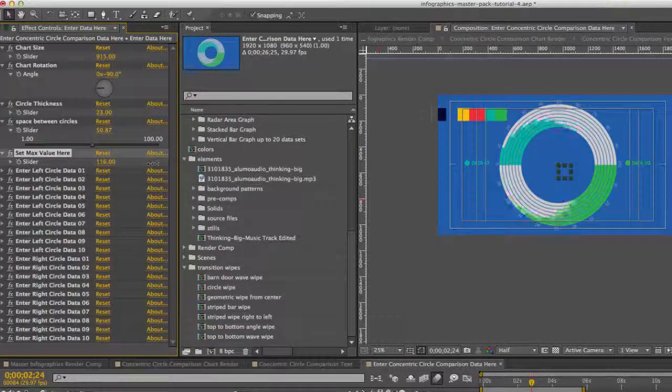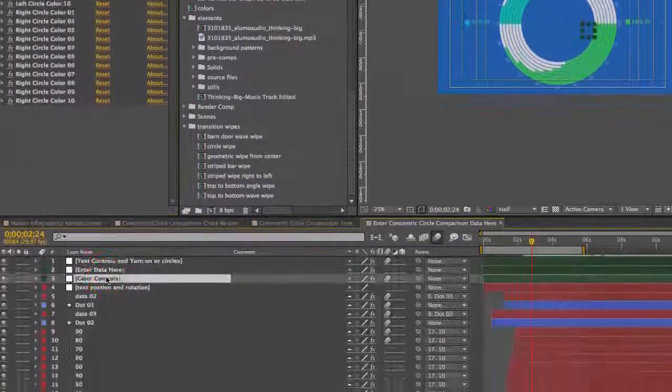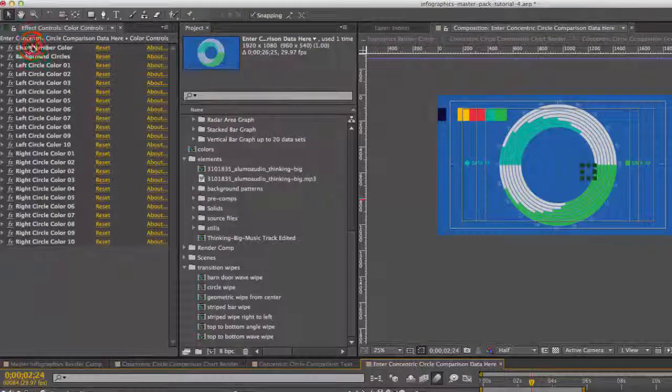You can set a maximum value, so you can have either 100 or 200. It doesn't have to be 100. And we can enter our circle data for the left side and for the right side. You can just drag your slider control where you can enter a specific number, and you can do that for each circle. If we go to our color controls,